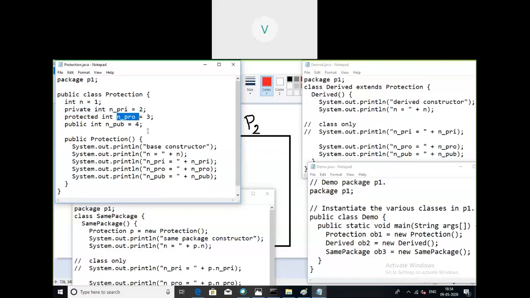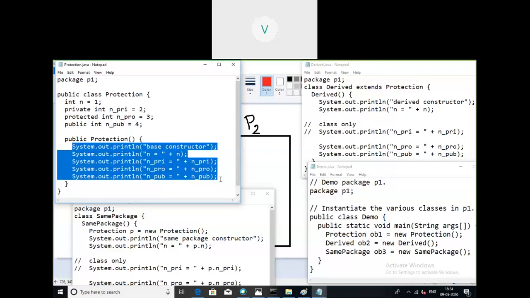N underscore pro is an integer variable with protected access and its value is 3. N underscore public is an integer variable with public access and we have given it an initial value of 4. Whenever the constructor of protection gets executed, these are the statements that get executed.